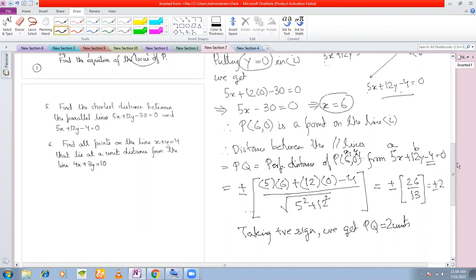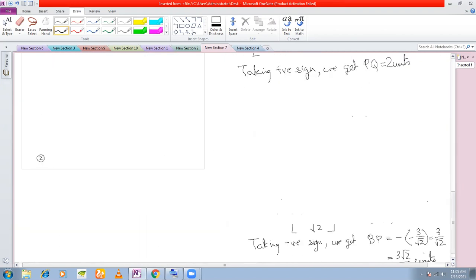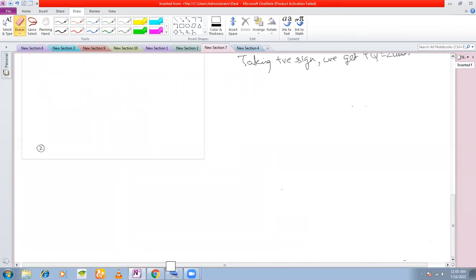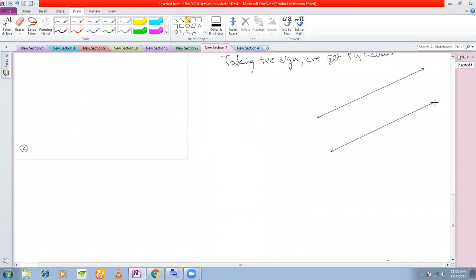The other technique is that, I've already shown you that method earlier. You find the perpendicular distance of each of the lines from the origin. Okay. Now, what are the possibilities? Either the origin can be here or the origin can be here, right? Or the origin can be here also. I don't know. Okay, let's call this L1 and let us call this L2.